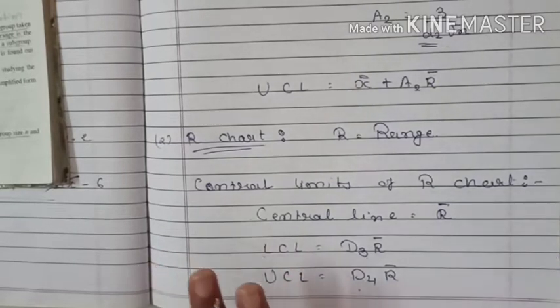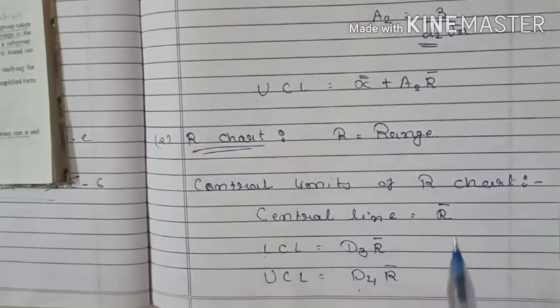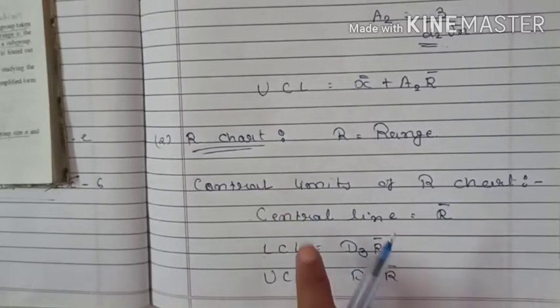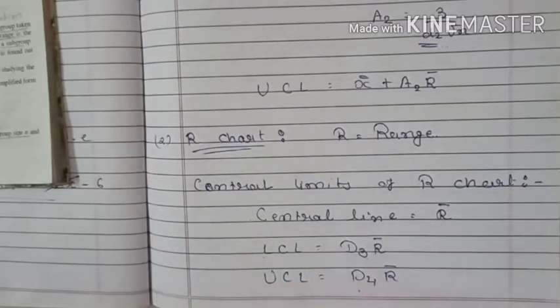So you have to put this in the graph, and any point that goes beyond the lower limit or upper limit, right? That is known as the process is not in control. But if every point of the chart lies between this range, that is known as the process is under control. In this kind of chart we only have to see whether the process is controlled or not, and if it is not controlled, what necessary steps we have to take.